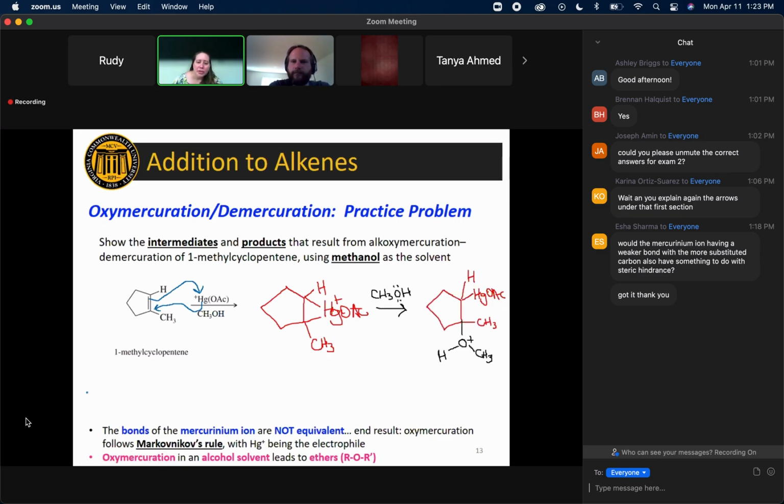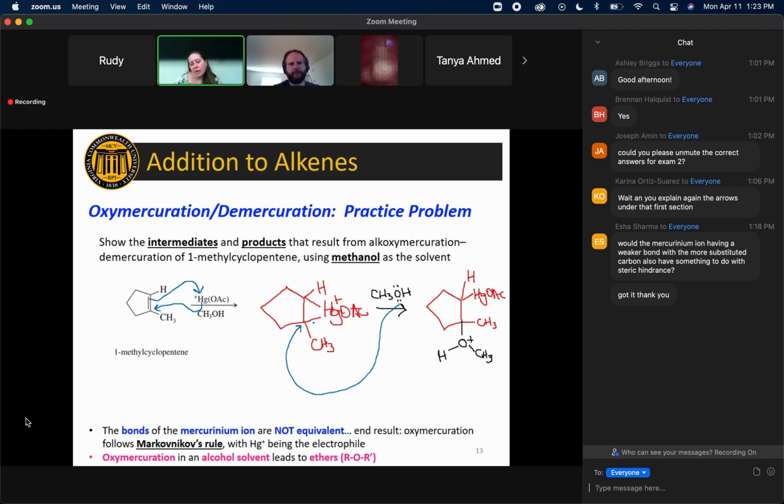The next thing that we're going to do from this mercurinium intermediate, this is an electrophilic species, and we can now have our alcohol solvent act as the nucleophile. So the lone pair on our alcohol solvent is going to attack one of the 2 carbons that used to be part of the double bond. And the way it's going to decide which way to go is that it's going to go towards the more substituted one, because that's the side that has the weaker carbon-mercury bond. So our lone pair of electrons from our oxygen is going to attack here at this more substituted carbon of